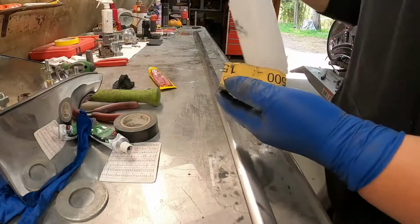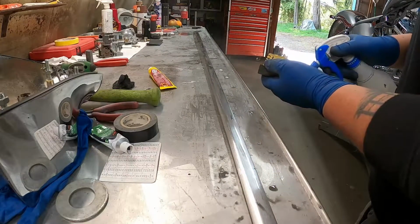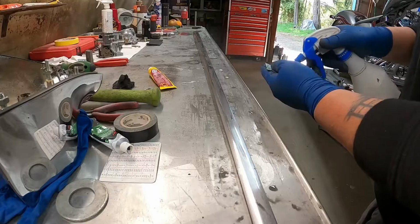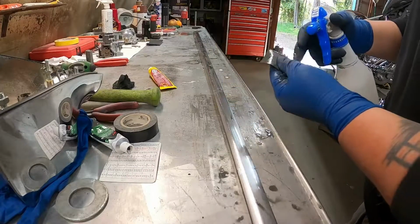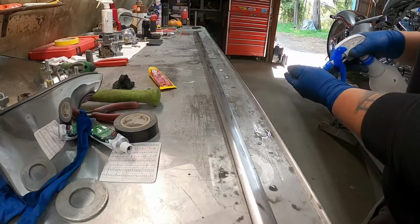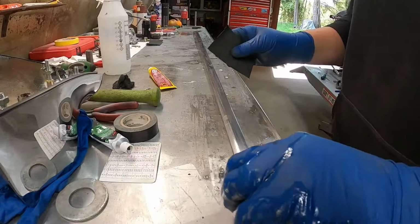I'm trying to get this car together. Like I said, it's not going to be an all-out show car. So I'm going to 1,500, just trying to remove the scratches that you put in it. So